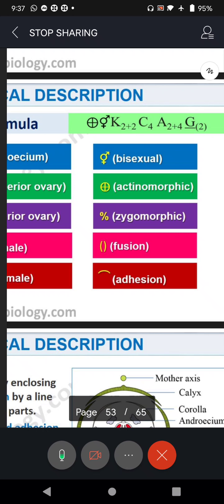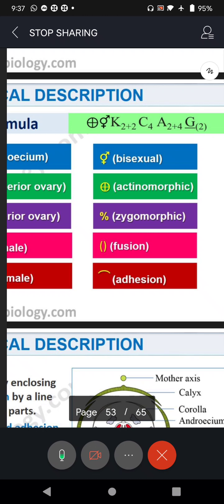And yesterday I said, when you put 0 and inside the 0 a plus mark, then we say actinomorphic flower. Someone said, Naveen, I think, radial symmetry. A flower that has got radial symmetry is actinomorphic. Then a percentage sign, like in your mathematics, that is zygomorphic. That means when you cut the flower from top to bottom in a particular plane, you get two equal parts. Then it is a zygomorphic flower.